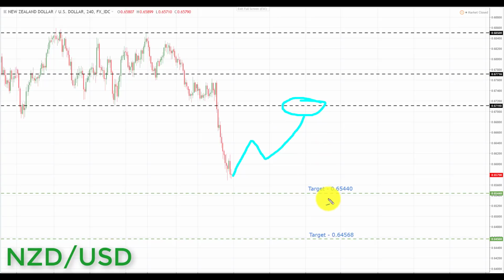It's going to give us really nice space to get good risk to reward all the way down to the next key area of support to the downside and the target set at the 0.65440. And if we get a breakthrough here, or if next week we come straight down like this and we end up breaking through like this, this is another great place to start to look for bearish formations and patterns. And we're going to be looking at initiating shorts down towards the next key area of support to the downside here at the